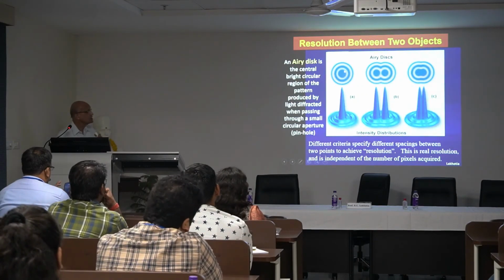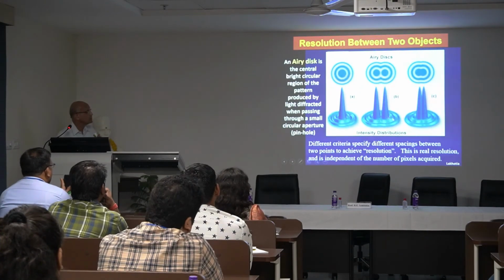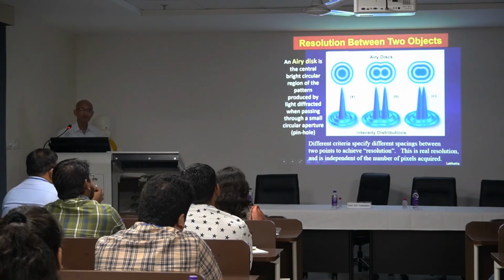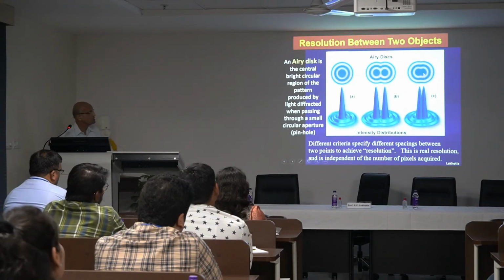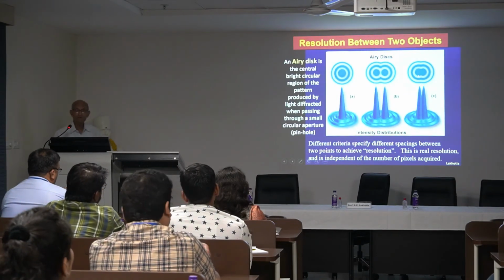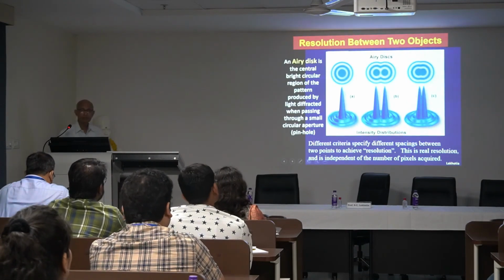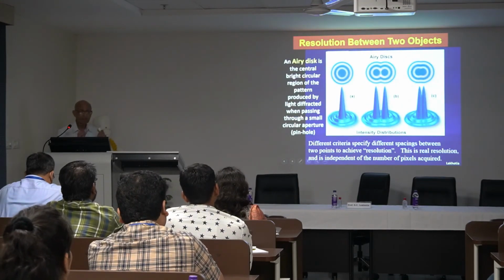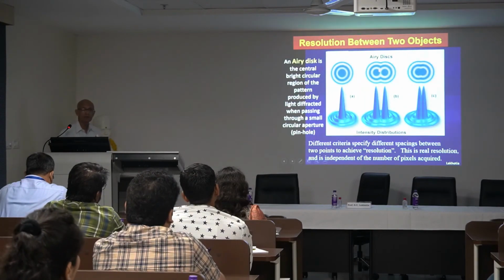Because of these Airy disks, the main light and then the rings around it, if two objects are very close by, these Airy disks overlap. But if they are further away, still close, even the central part begins to overlap. And if that happens, you can't resolve these two points as separate objects. But these you can, because these two central points are still distinct. Although the Airy disks are overlapping, the central main point is separate, and therefore you can resolve.